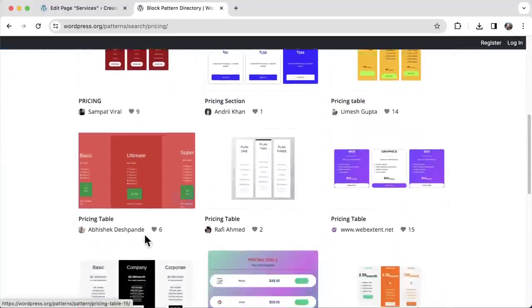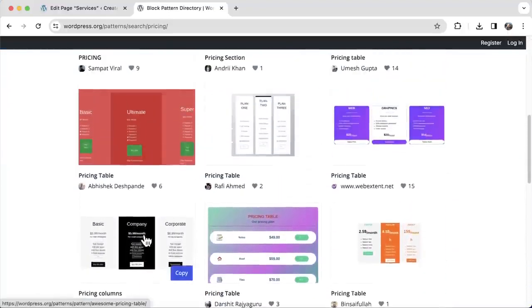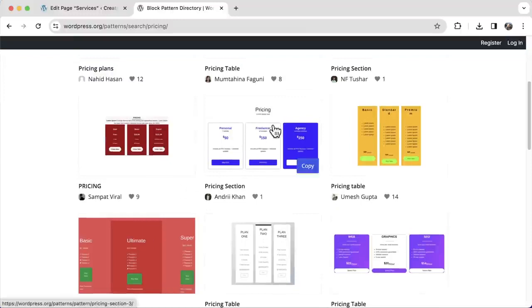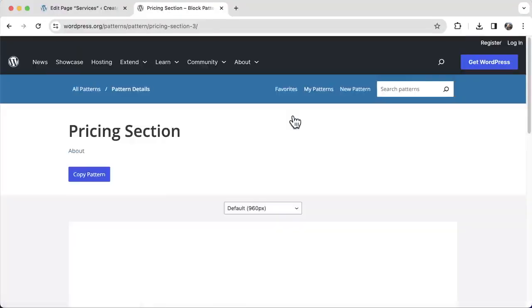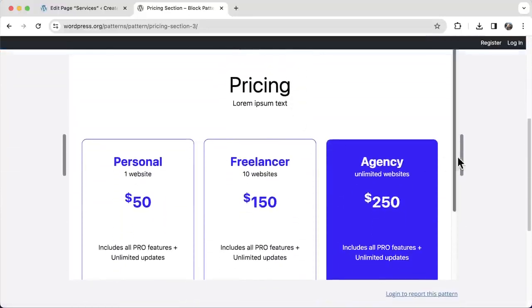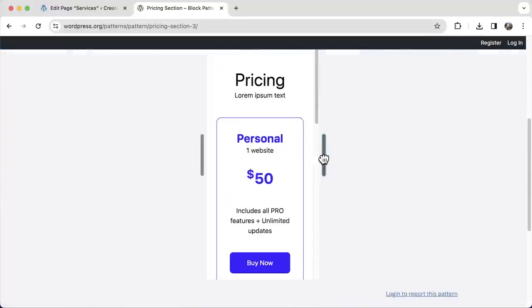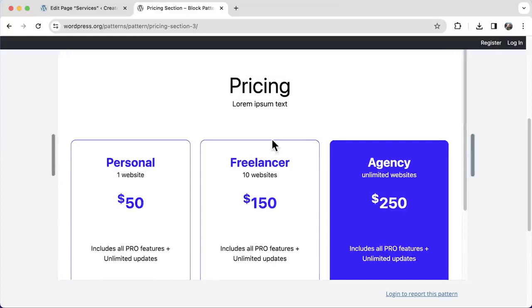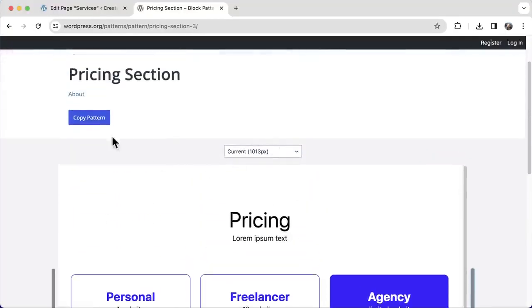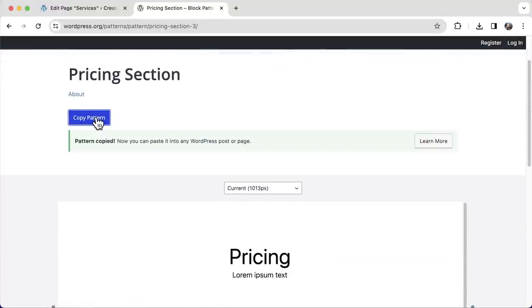And I admit most of these are ugly, but some of them are really good. Like I think this one is really good. So all we have to do is click on them, and you can see that it is also, just like Tyler.com, mobile friendly. So we can go like that, and then we can scroll up and we can copy this pattern right here. So we can just press copy pattern, and then we could go back to our services page,